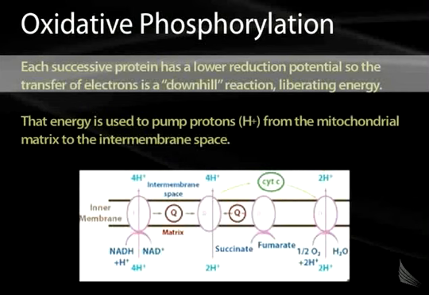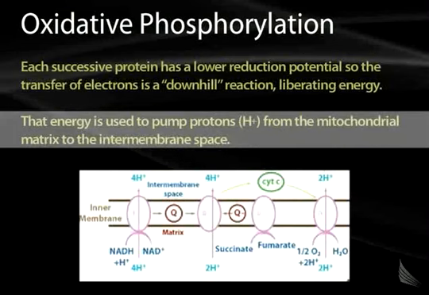Each successive protein has a lower reduction potential, so the transfer of electrons is a downhill reaction, which liberates energy. You're moving from a high reduction potential to a lower reduction potential, and this produces energy. The energy in this case is used by these complexes of proteins to pump protons from the mitochondrial matrix to